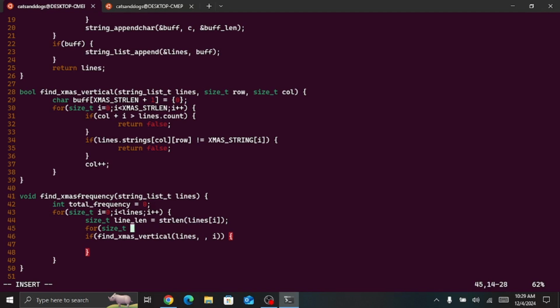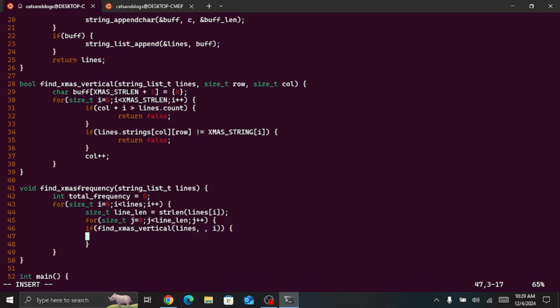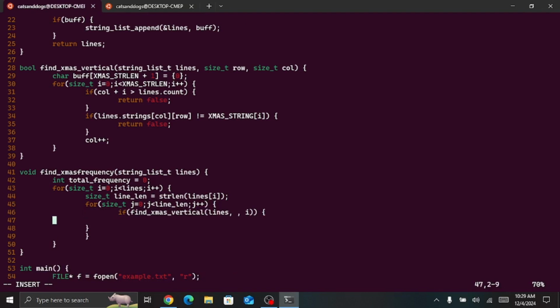No, j is equal to 0, j is less than the line length. And we just increment j, guys, when we say if find xmas vertical index j, which is going to be the row, and I, which is going to be the column, then total frequency plus equal to,